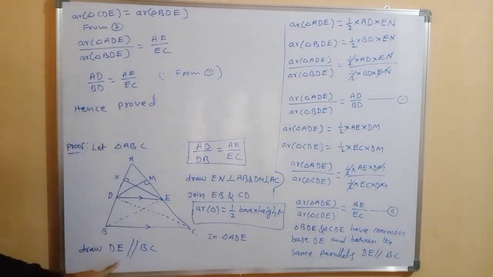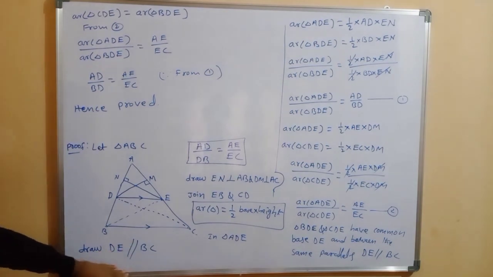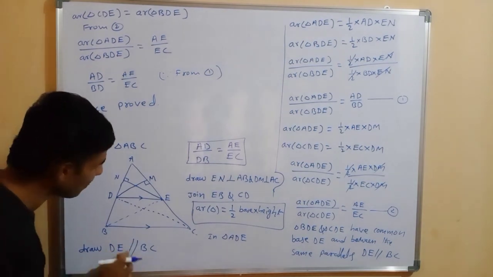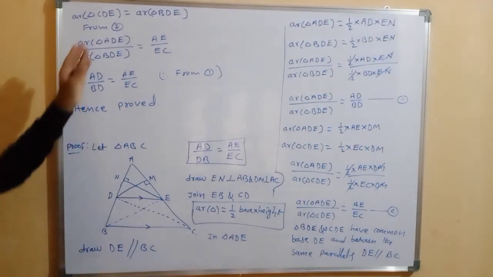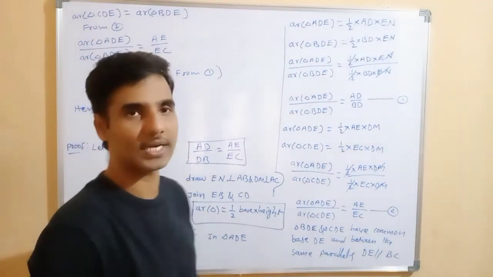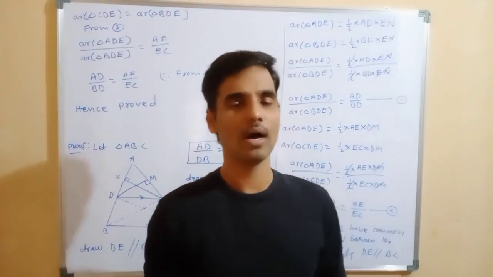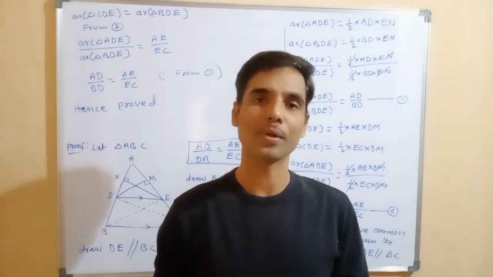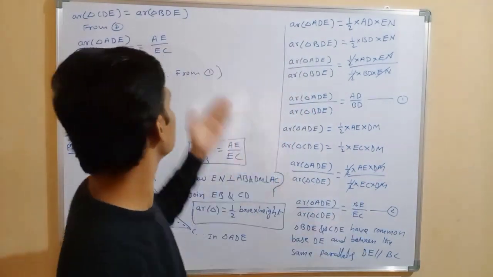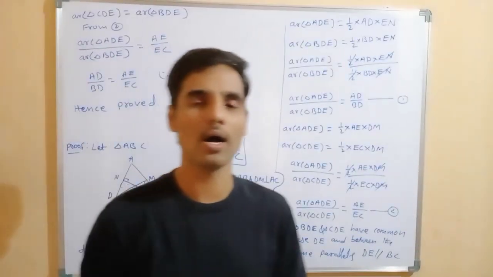Last year there was a correction: I said perpendicular at the start, but it is not a perpendicular, it is a parallel line. That is the correction; the rest is the same. This is very important. Either the theorem will come, or they will ask a question based on this basic proportionality theorem or Thales theorem.